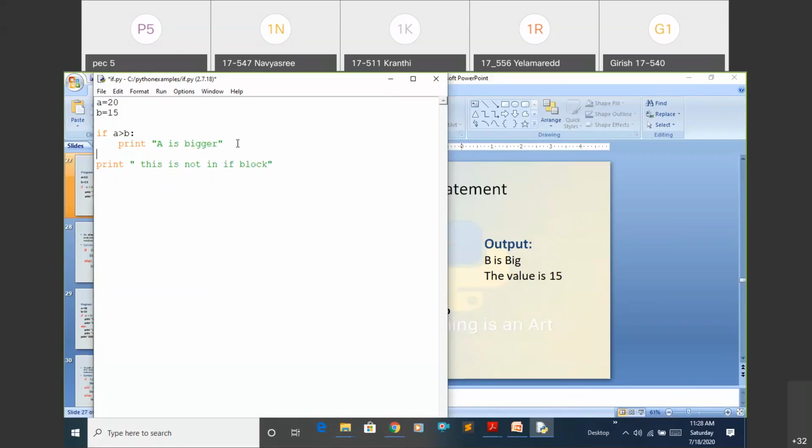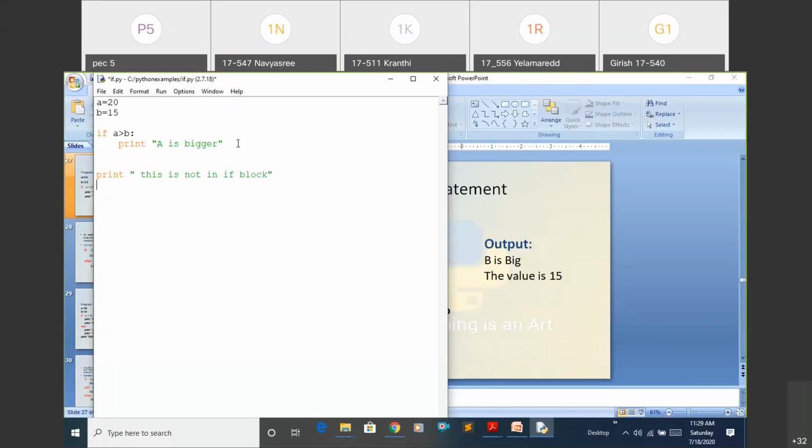If you want to move back from that if block, just give backspace. Now you are not in that if block, you are in the general program block. After this, any number of statements you write will come under this main program only.